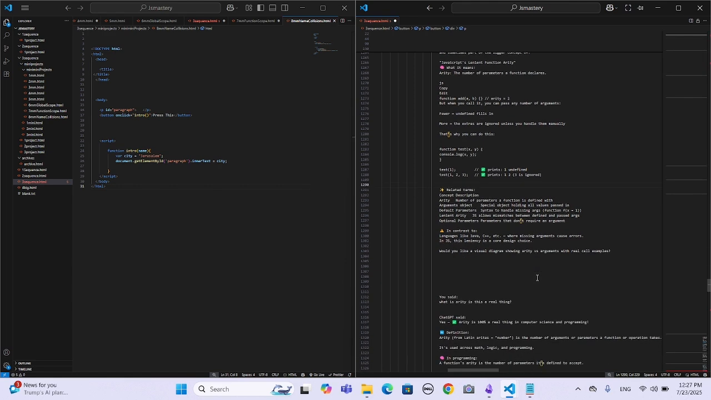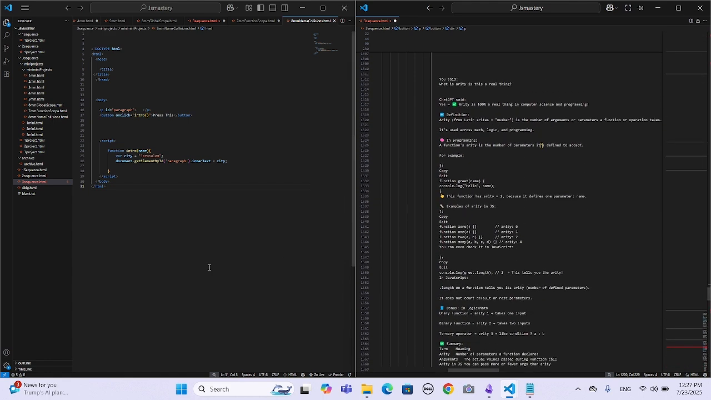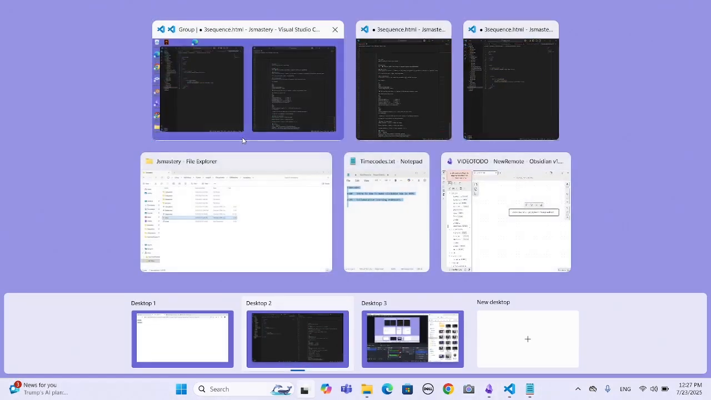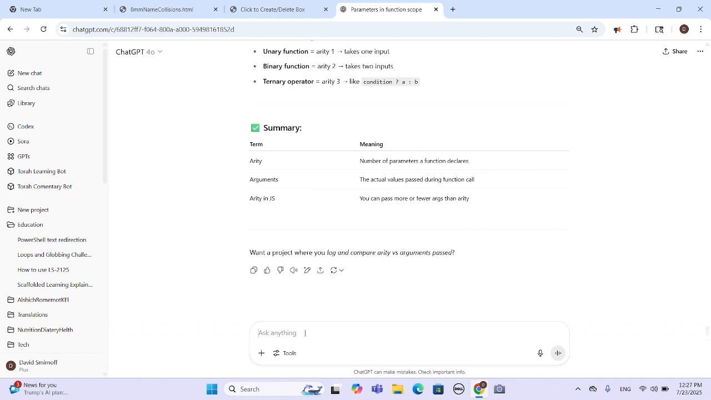Okay. See, the thing is, is arity a real thing? All right, so we gotta ask ChatGPT. Would you really call it function arity? How come we call it function arity though? Don't you think that it should be called something like lenient